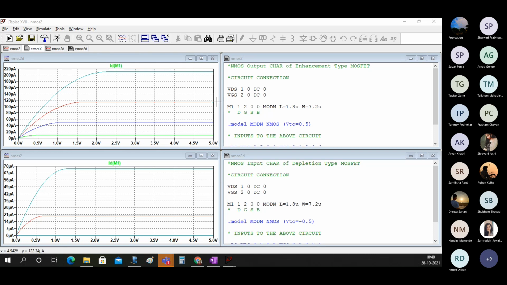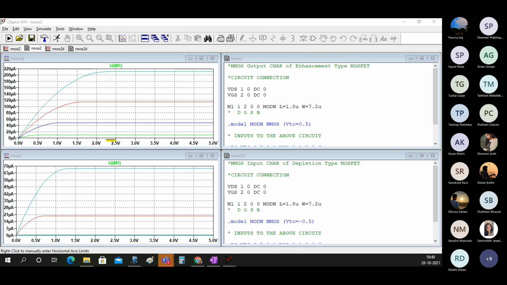Yes, so now I want you to show me these two together. See, just plotting is of no use. We have to compare, we have to analyze the graphs. Then only you will understand more about the device, and from the graph you should be able to tell where I can use this. Then only the experiment comes to a logical conclusion.